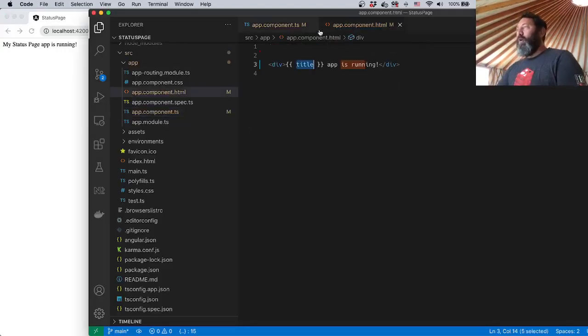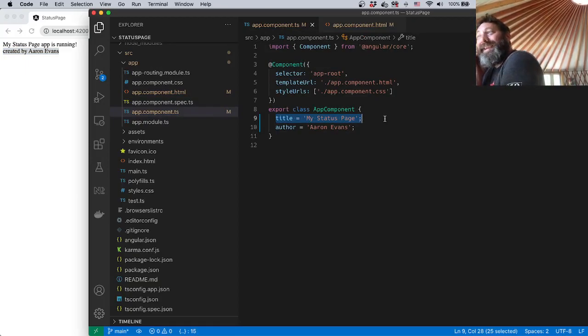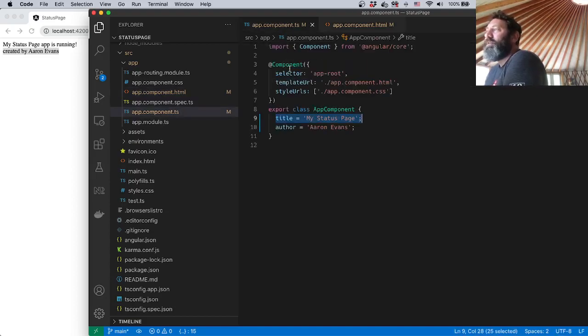Let's go into our template, and then we can do div created by, and then we can add author as a template there. And then I'm going to hit Control S to save. It reloads, and then it just adds this created by Aaron Evans. So we've got some properties that are hard coded in our component, and then they're dynamically loaded in the template. So you can already see what happens if